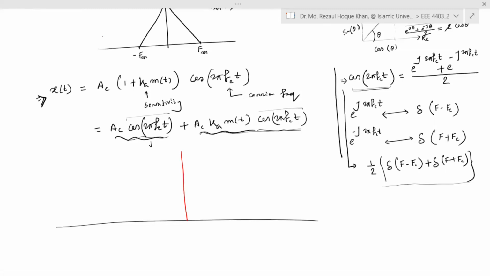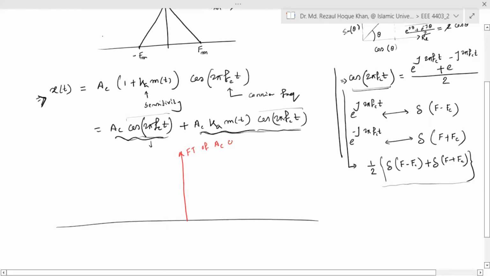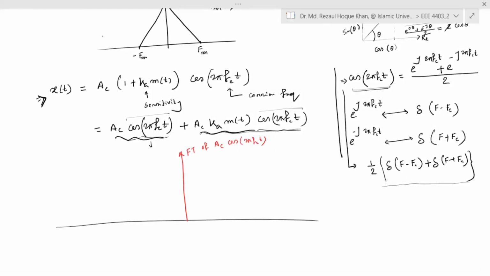So our signal, this is actually the Fourier transform of this cos. We are plotting the Fourier transform of Ac cos 2 pi Fc t, where one component is this one, and another component will be this one. Here we can see that